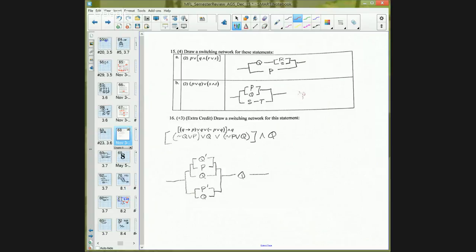I mean, the extra credit. This is why we had... Why was that an extra credit? Mostly because of this right here. I never taught you guys how to make a diagram for if-then, but here's the thing that might have gotten you the extra credit. If you remembered this,